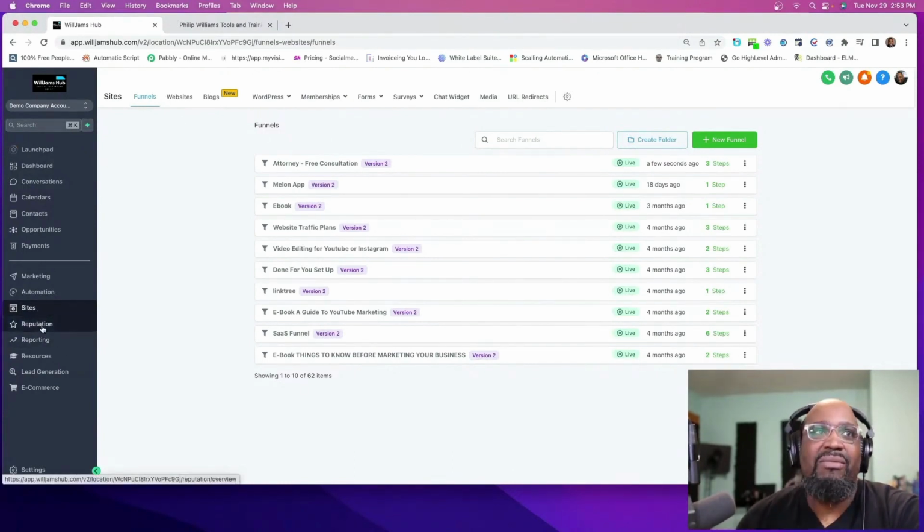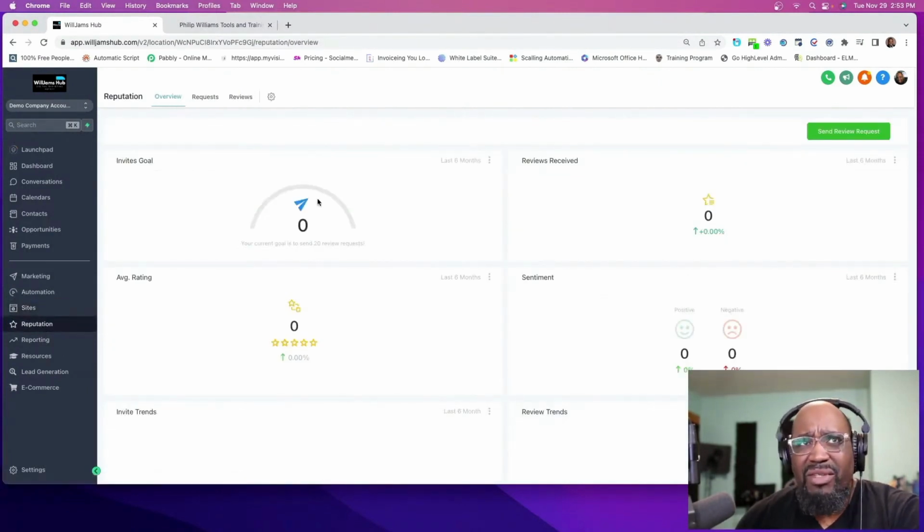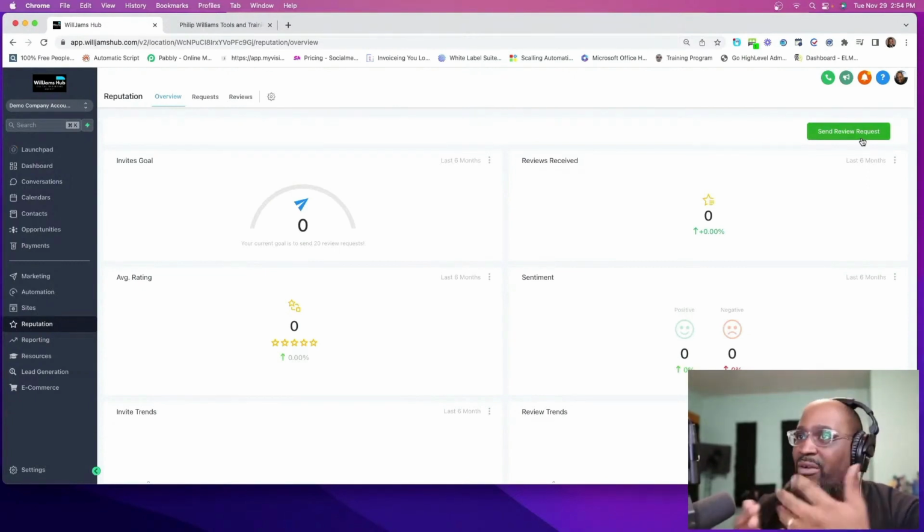Okay. Then the reputation management. This allows you to send out review requests to your contacts. So if you have customers that actually purchase products from you, you can automate this to where it will send a review request and ask them for a 5-star review. Right? And if you know how important reviews are,